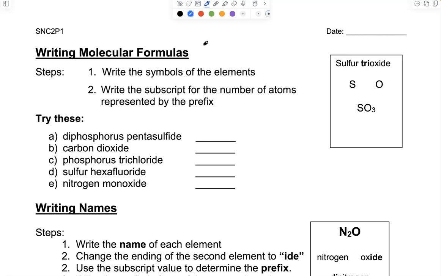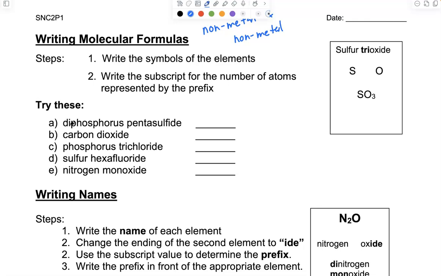So when you have, again, molecular formulas, you're going to identify whether it's a nonmetal and a nonmetal. So for this case, we have diphosphorus pentasulfide. If you look at these prefixes, di means 2. So if it's diphosphorus, we're going to have P2